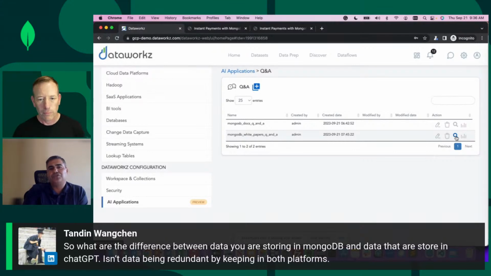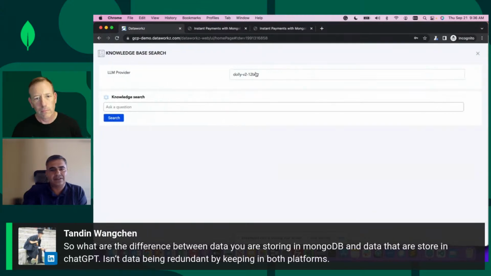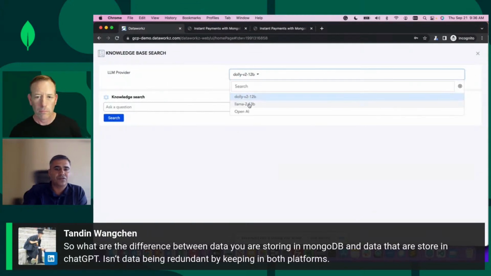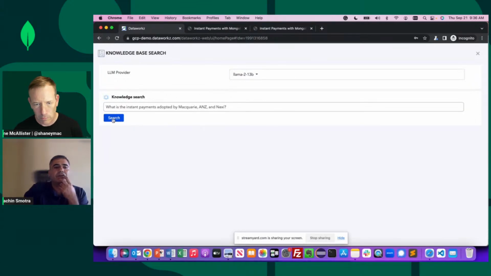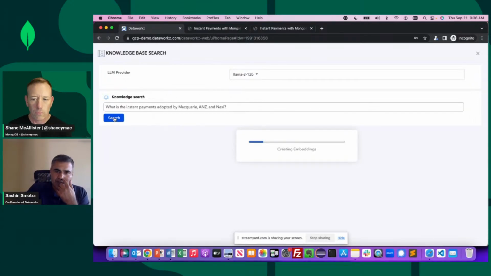Oh, so we're not storing any data in ChatGPT. All we're doing is, let me just go back and ask. In this case, I was asking that question of OpenAI. In this situation, let me ask the same question of Llama 2. So what is happening here, if I just go back to my slide while this is generating the response,